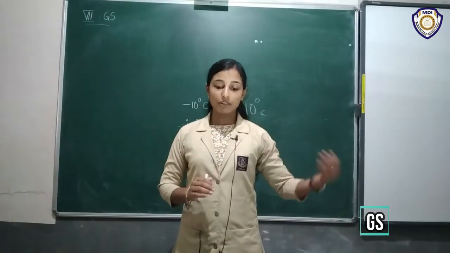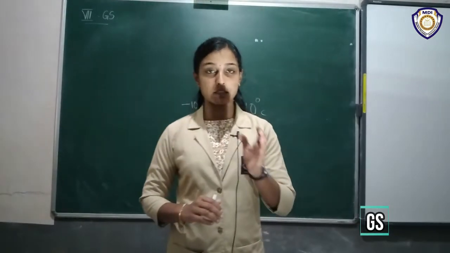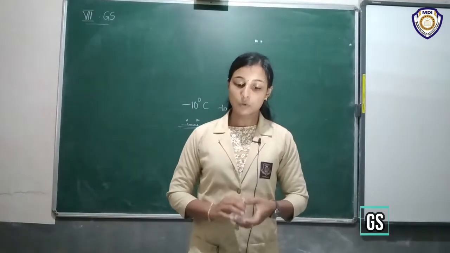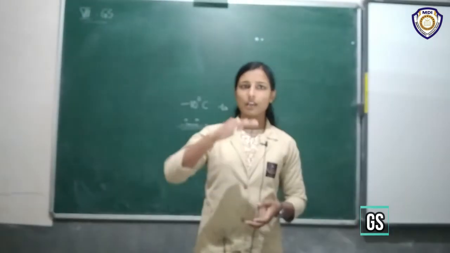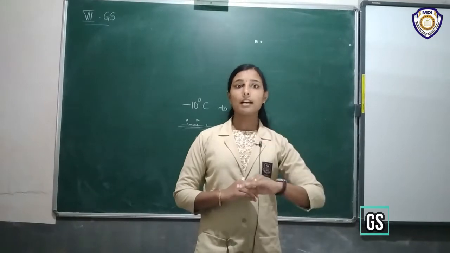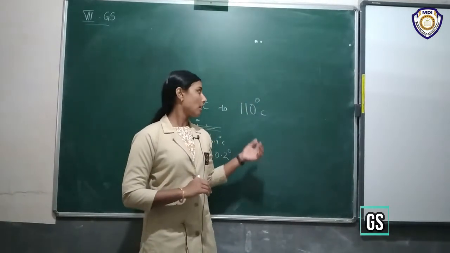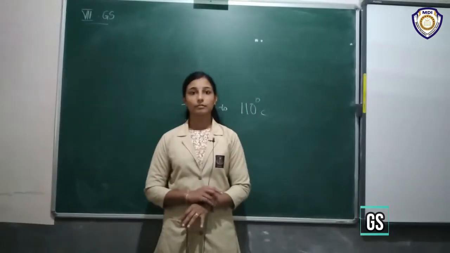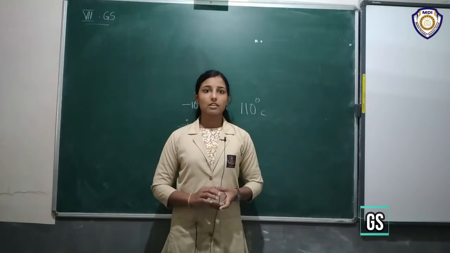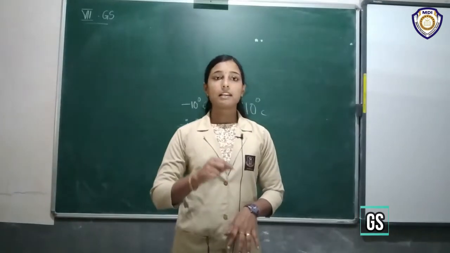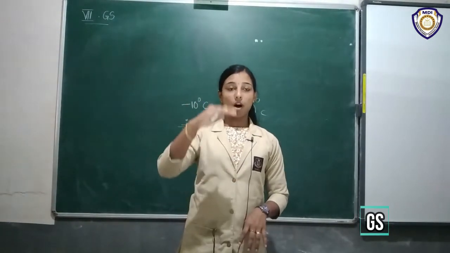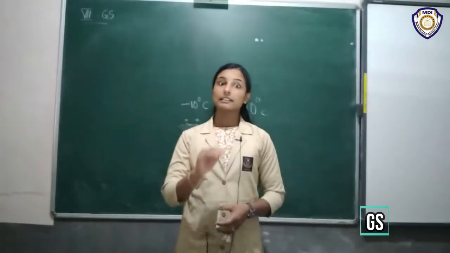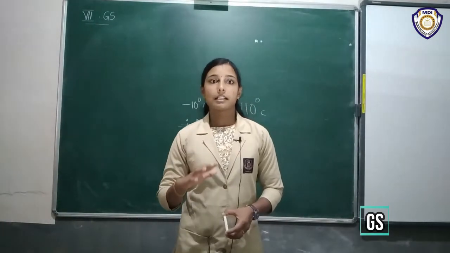Okay. So before dipping the thermometer in the water, you have to note that the mercury level should be low, below the minus 10 degree. And after that you can place that thermometer inside the water. So we can see the mercury thread will move upward, and after some time it will become steady, and that steady level you can see on the